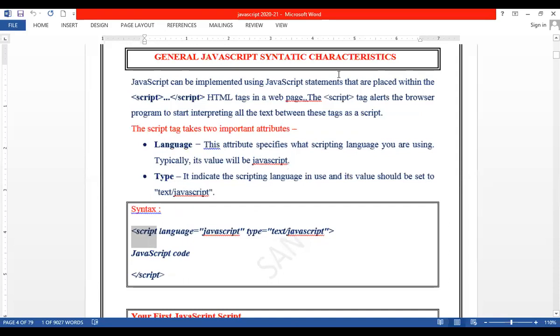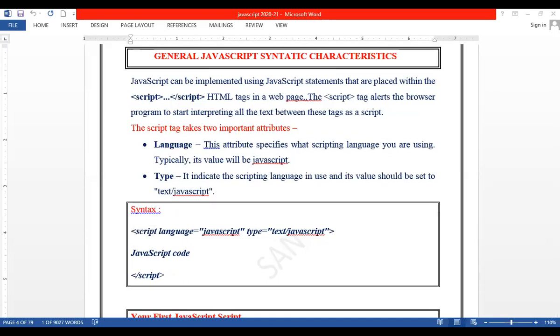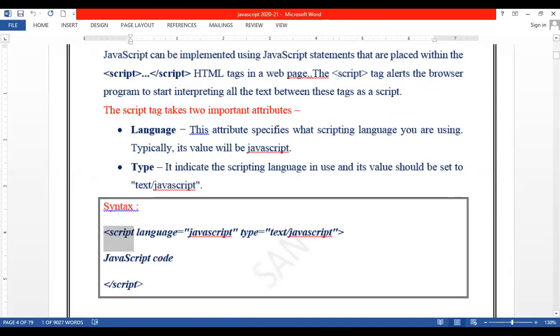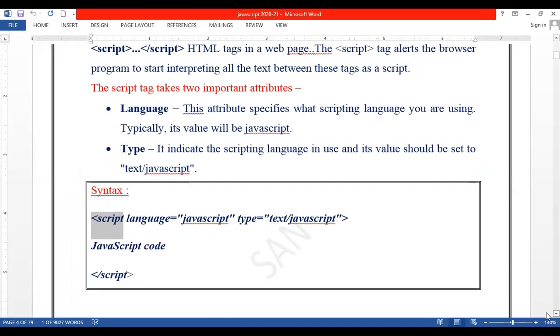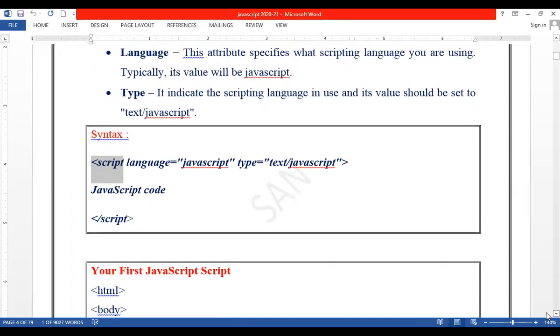Wherever you find uppercase is compulsory, you have to write uppercase. Wherever you find the lowercase has to be followed, you have to strictly go with the lowercase letters. By default, you have to go with the lowercase letters only. Now see. We will see how to include this script tag within the other tag, but initially you are going to write the correct syntax for the script tag. We are going to write script, and here you can see that language is what? An attribute. So language is an attribute of which tag? Script tag. So how are you going to pass the parameters for this? language is equal to double quote. Double quote is compulsory, students.